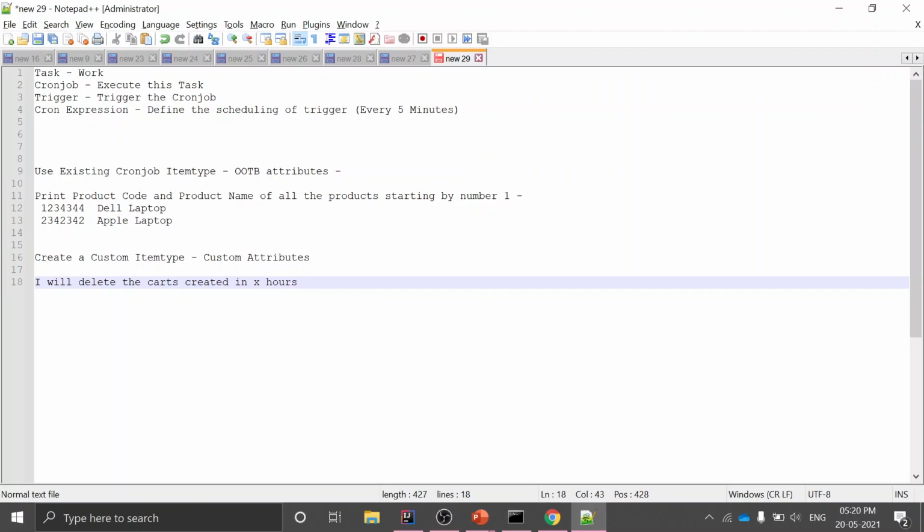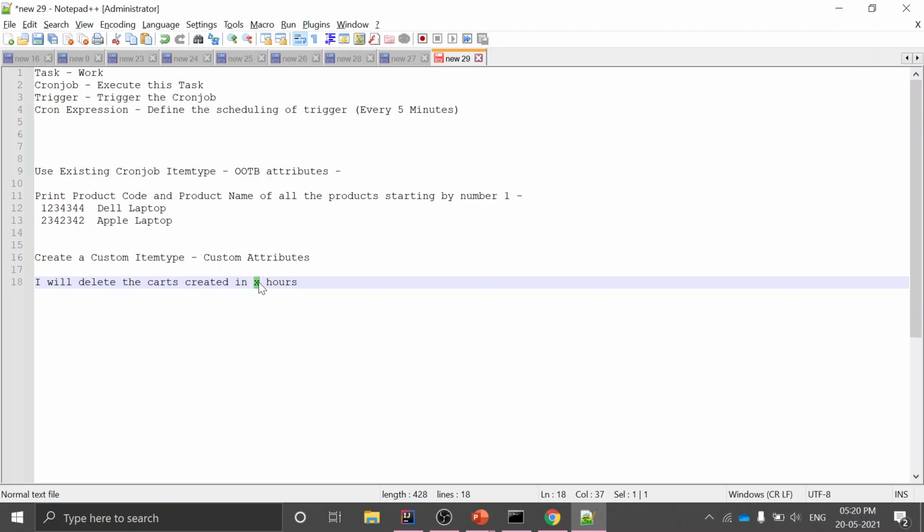Like if I say 5, all the cards created between 3 to 5 hours. So X is the hours, 1, 2, 3, 4, how many hours you want to select.